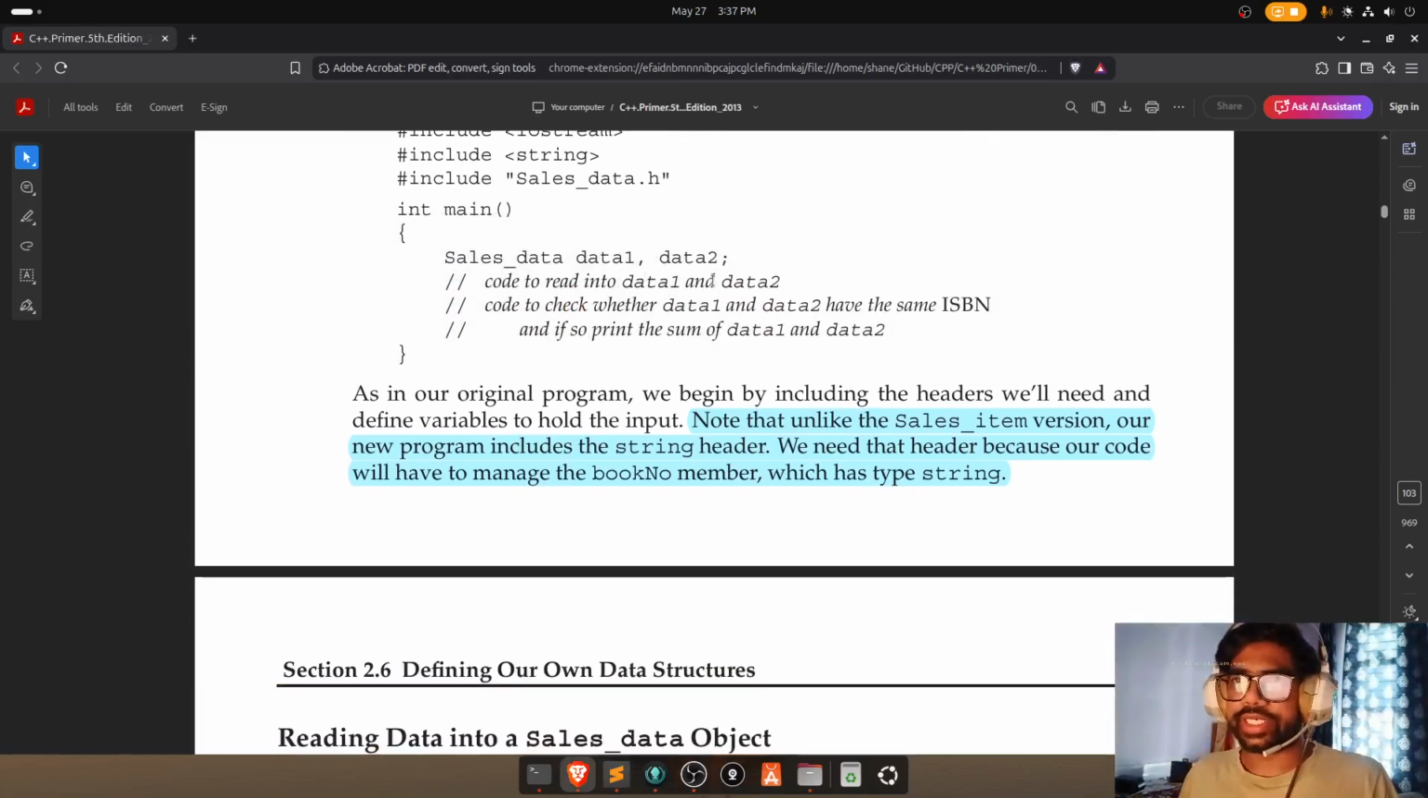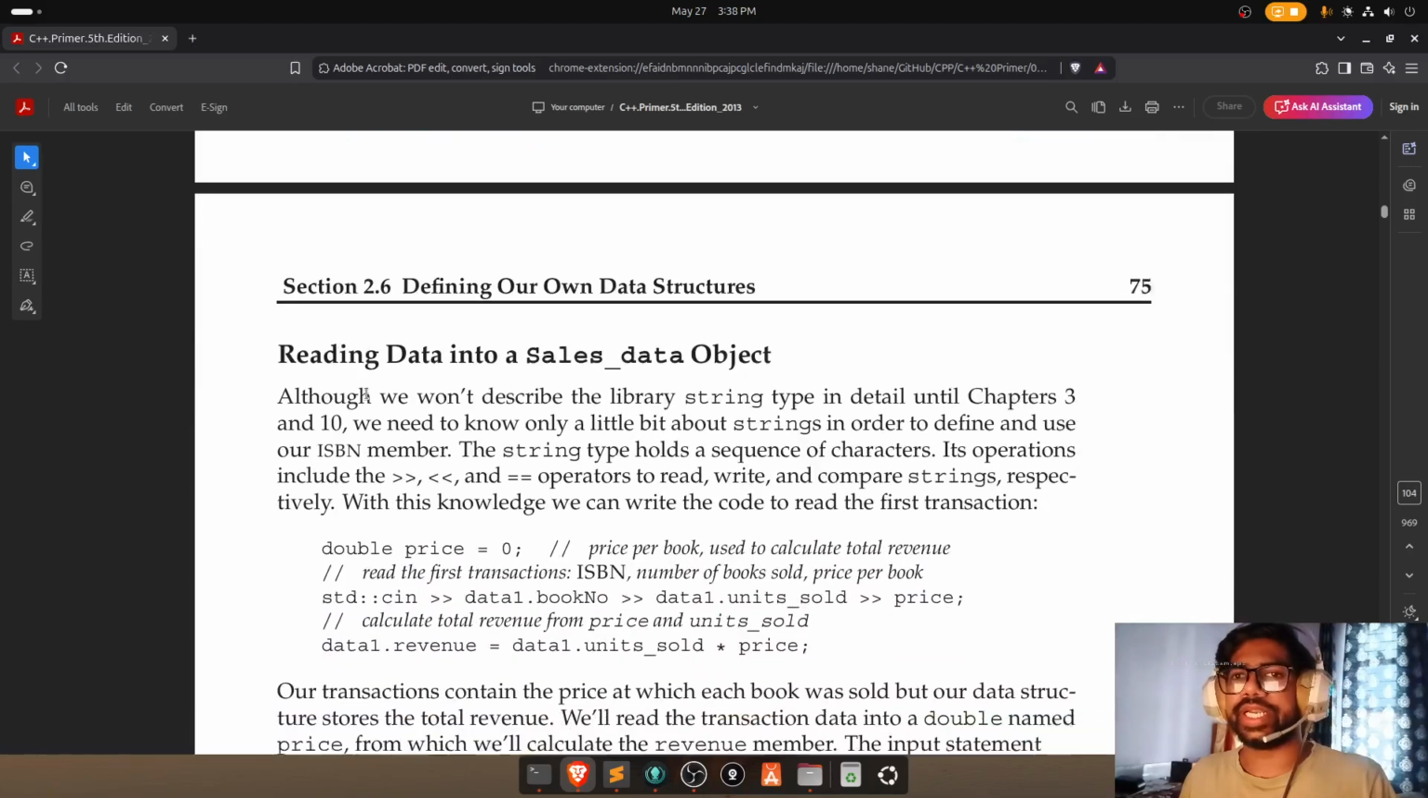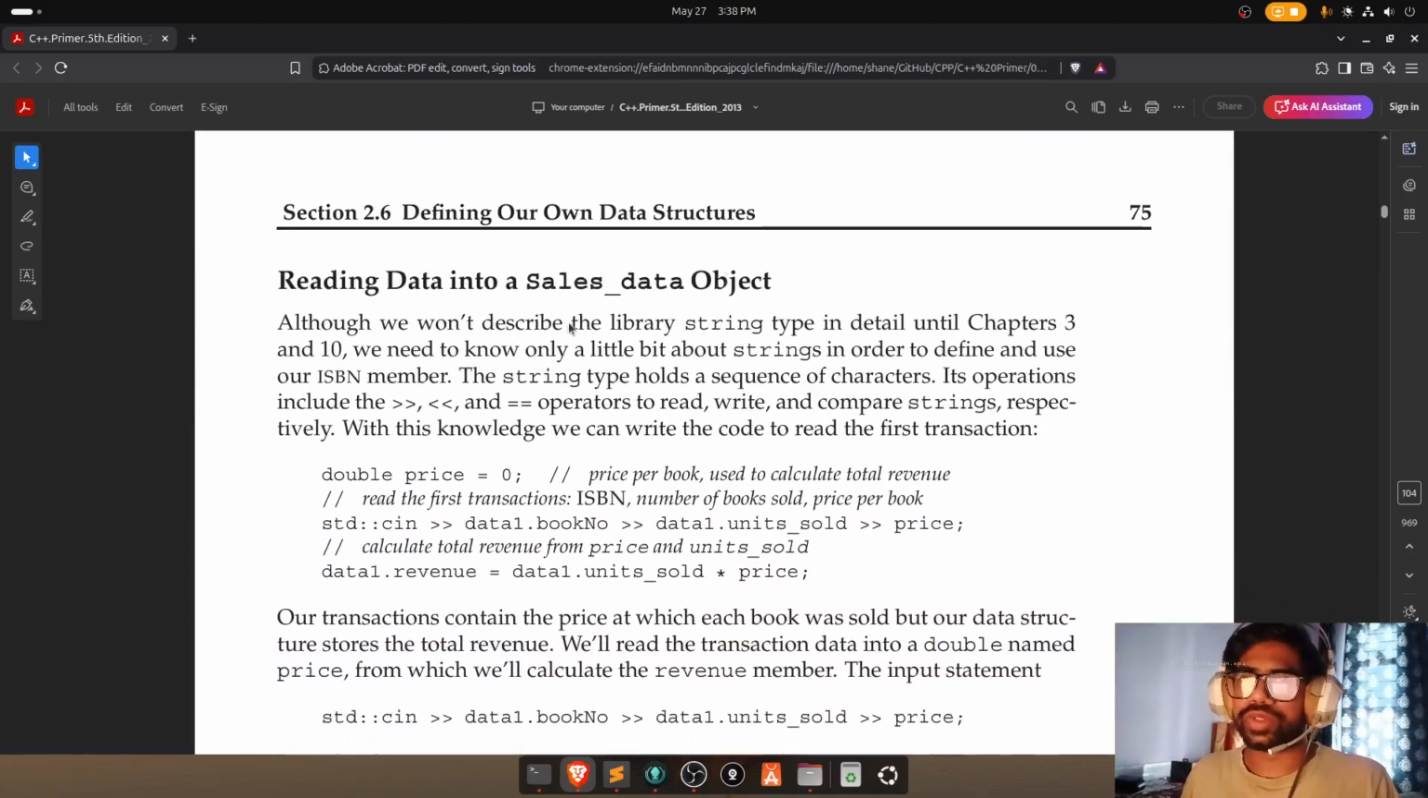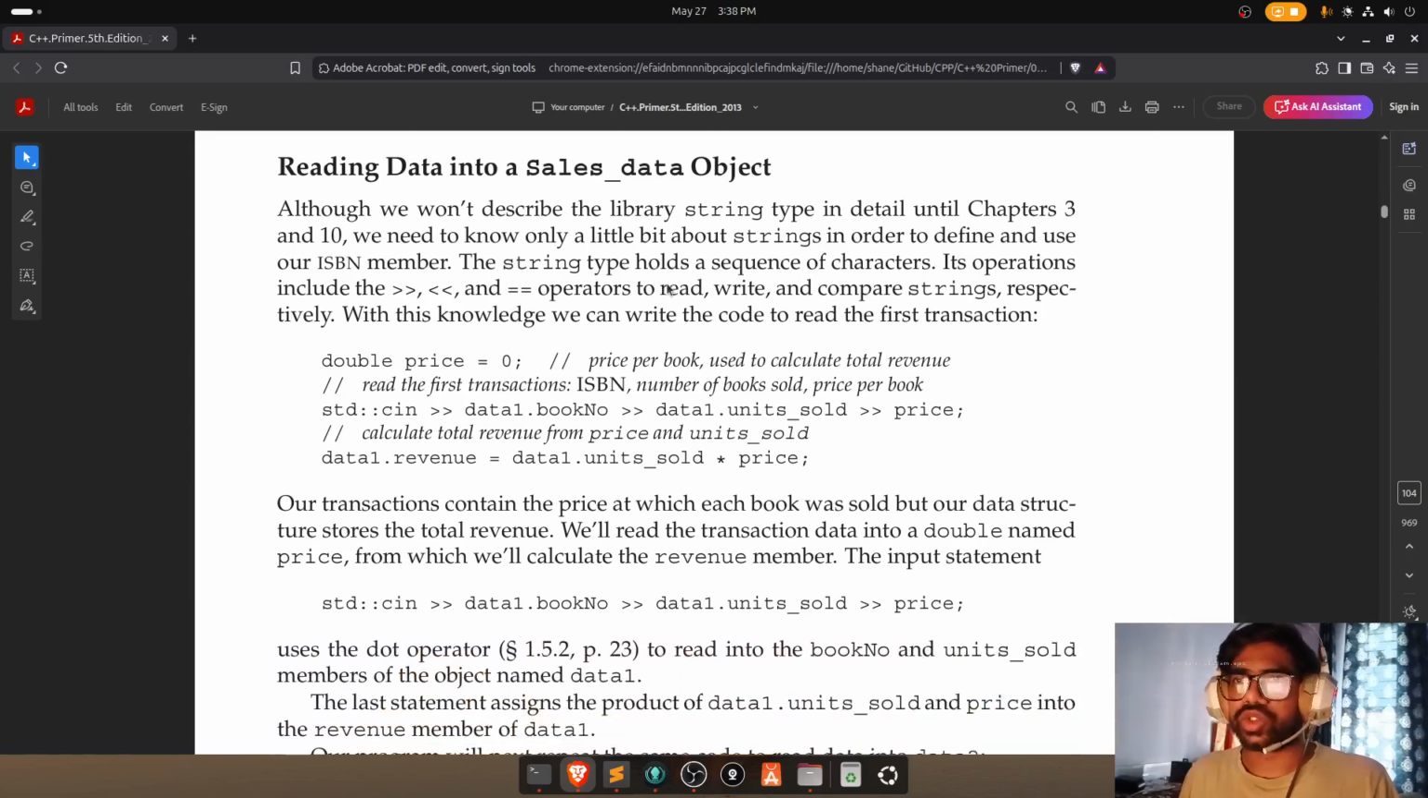Then code to read data into data1 and data2, code to check whether data1 and data2 have the same ISBN number, and if so, the sum of data1 and data2. Reading data into sales data object. Although we won't describe the library string type in detail until chapters 3 and 10, we need to know only a little bit about strings in order to define and use our ISBN number. The string type holds a sequence of characters. Its operations include the output stream operator and input stream operator, and the equality operator to read, write and compare strings,